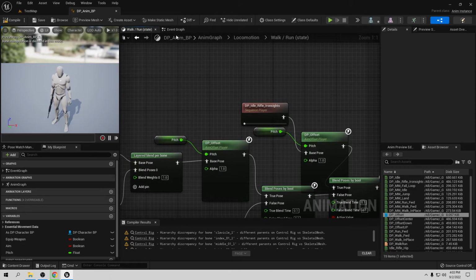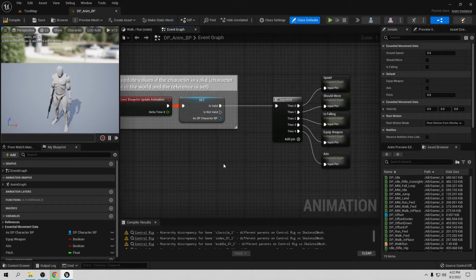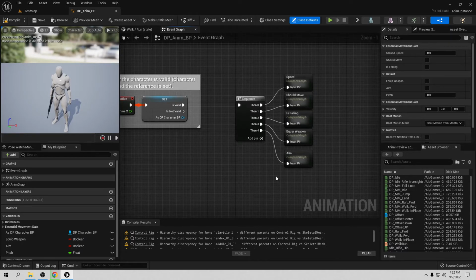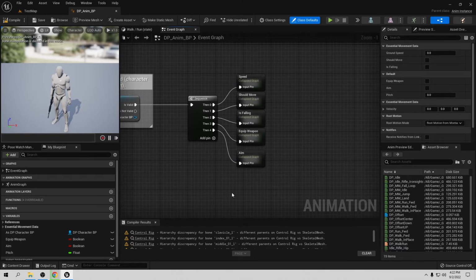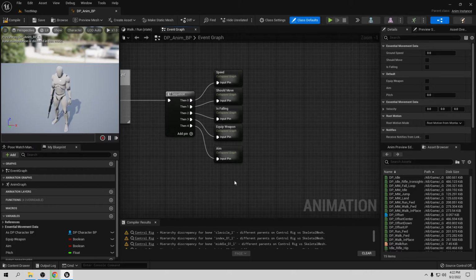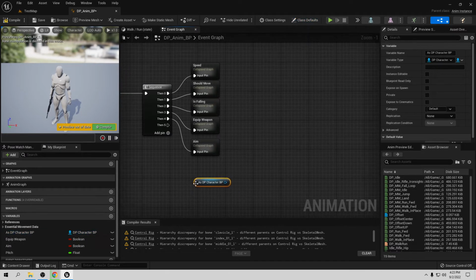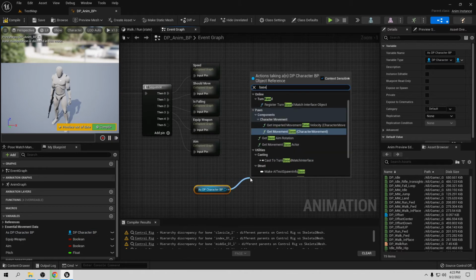So let's go to the event graph, and we need to set this stuff in here. There are a lot of ways to make the pitch, because we really only need to find that pitch variable. But I want to show you a really easy way to make it. I've been doing this for a while now, and it works really great and is also fast. So let's open a new pin, and here we want to use our DP character blueprint again. And from here we want to call Get Base Aim